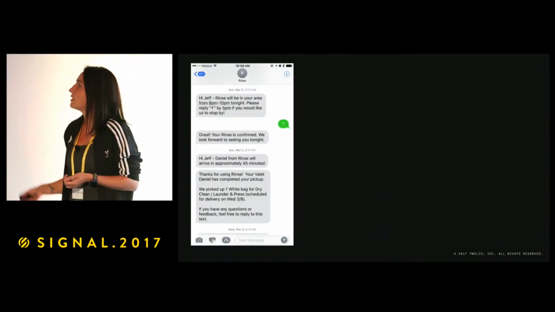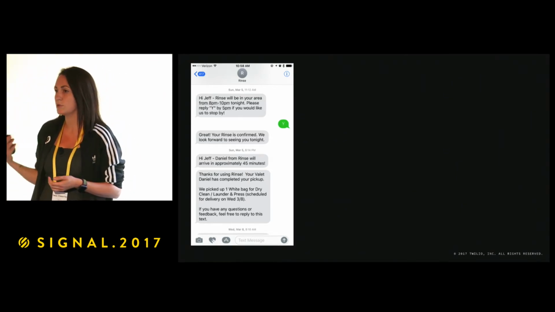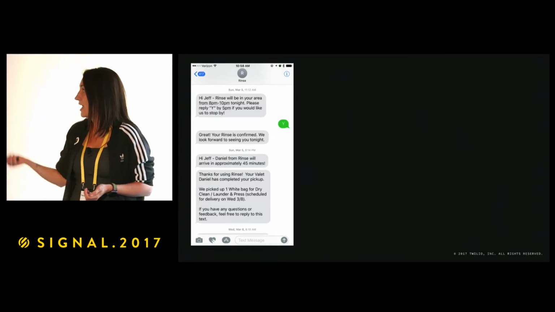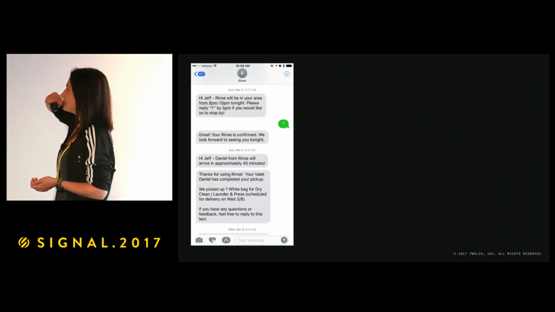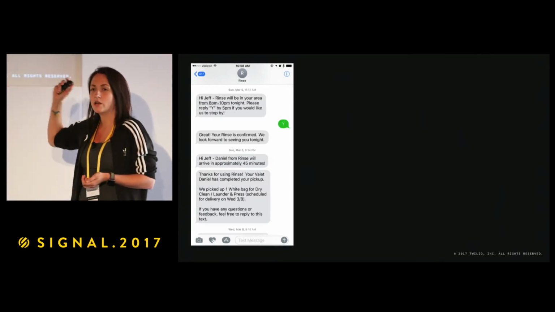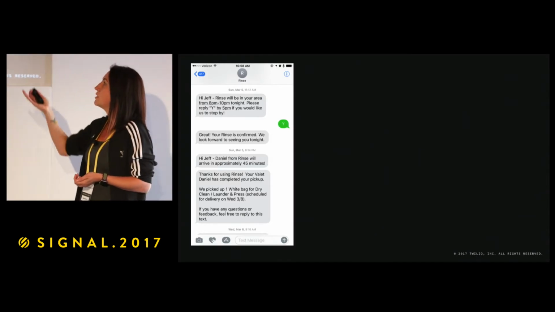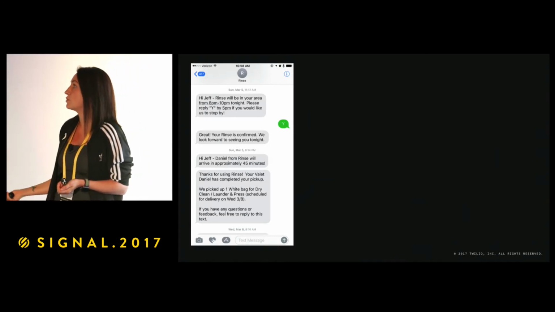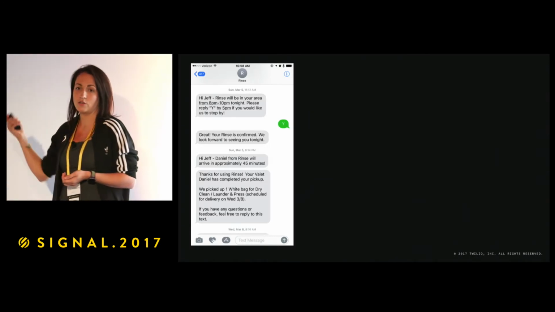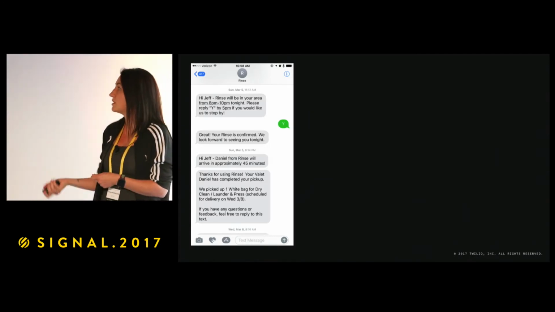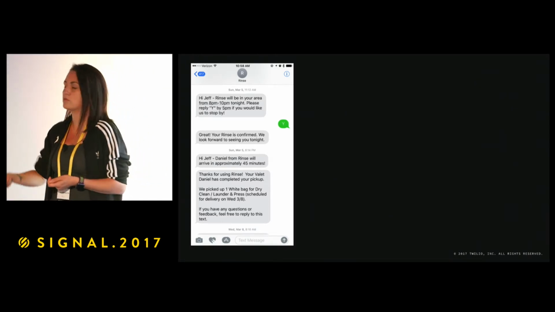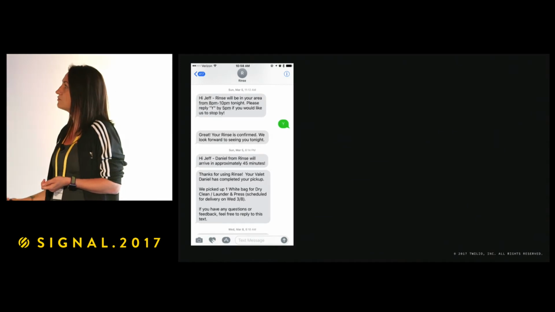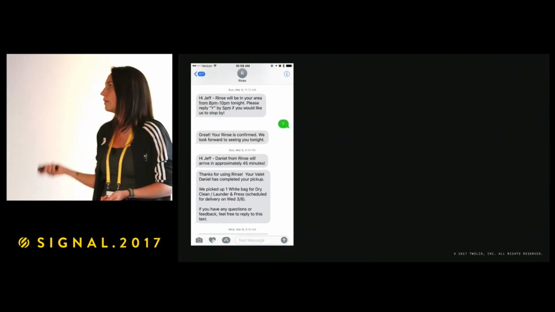So how this works is you subscribe and Rinse keeps in touch so that you never forget about your laundry. And here you can see the first message is a regular reminder to Jeff that the pickup is going to be today at that time, and if he wants them to come by, he should just reply yes, which he does. And this is an expected response, and you can tell that there is a bot of some sort on the other end that parses that response and confirms the pickup.